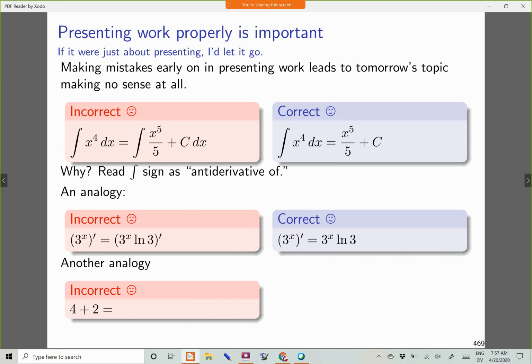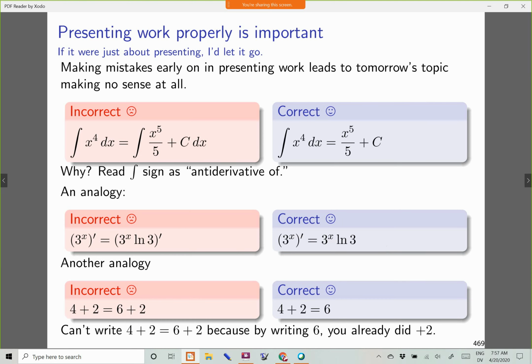Let's do another analogy. Let's make this as down to earth as possible. Bring things really far back. 4 plus 2. You know what the answer to that is. But I will let you know, from having spoken to colleagues of mine in math education who specialize in elementary education, that a common wrong answer that kids will produce in writing down an answer to this question is 6 plus 2. You think I'm almost joking, but these are the things that my colleagues train some of the math education students to work with, when they work with elementary kids in the topic.